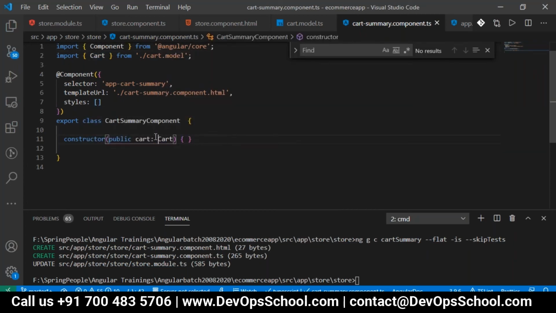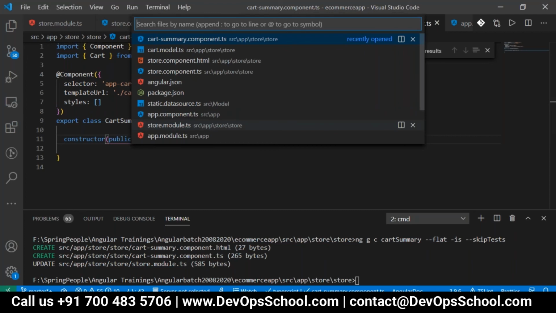Then after this, in the HTML, we have to write the code to display the cart summary component, so we will be writing in the HTML now. So I'll just go to HTML now.